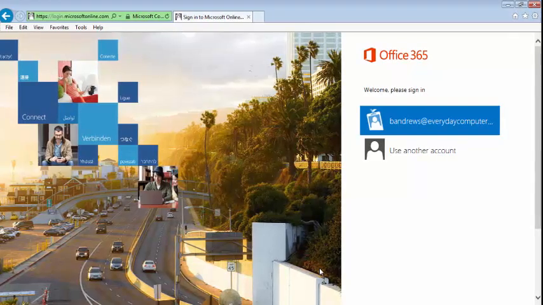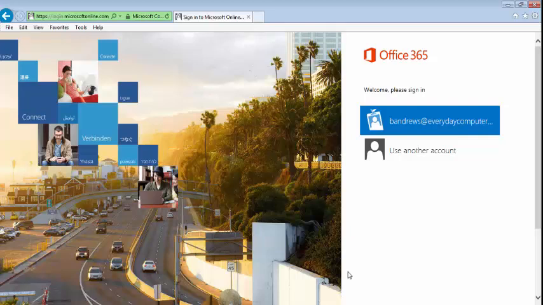Hello, this will be a brief tutorial on the Office 365 product. You can access the web portal from any computer, whether it has the Microsoft Office applications or not, and you can use the web applications through the web portal. In order to get to the web portal, you can open Internet Explorer, Firefox, Safari, Chrome, or other browsers, and